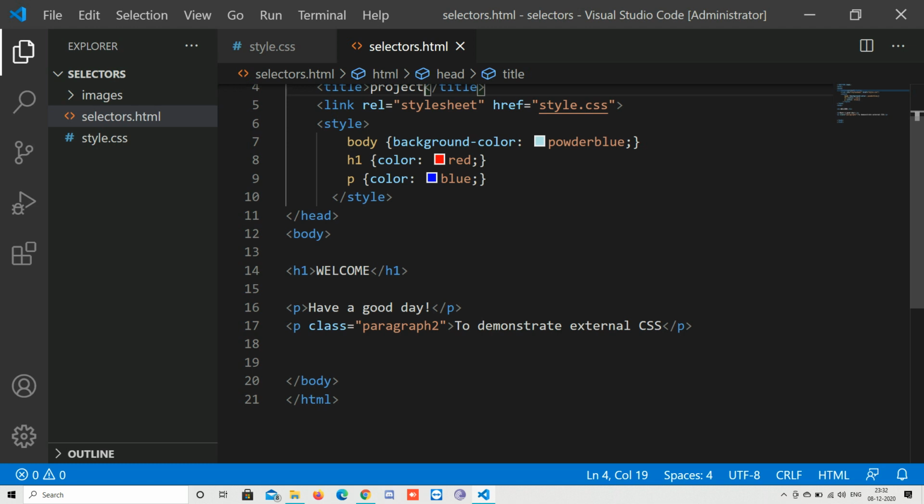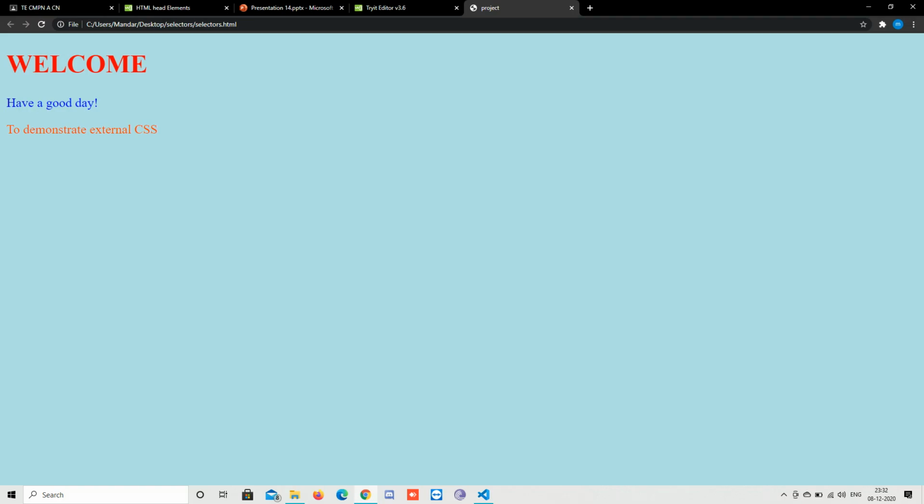For body I have given color blue, for heading I have given color red, and for paragraph I have given color blue. So now if you go to the browser and check the web page, so heading is in color red, the paragraph is in color blue, the background is in color light blue, and the second paragraph is in color orange red.